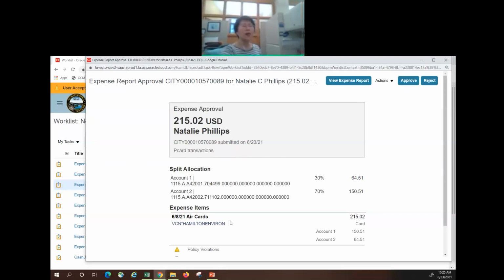And oh, by the way, I forgot to mention, you can split between account, and also you can split between Poeta. Okay, but you cannot do one of each. You cannot say 30% charging to account and 70% charging to Poeta. You cannot do that. So in the rare incidents where you have to charge something partially for the grant and partially for your department,